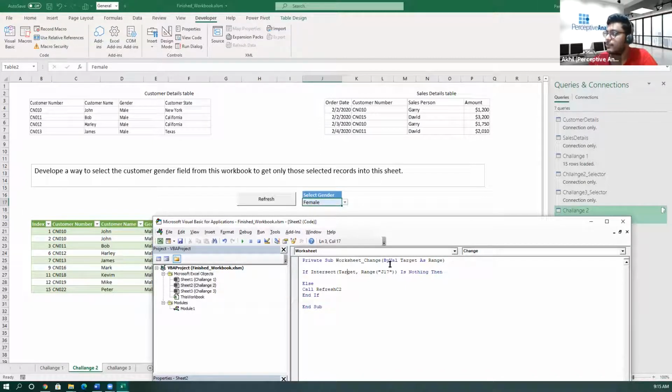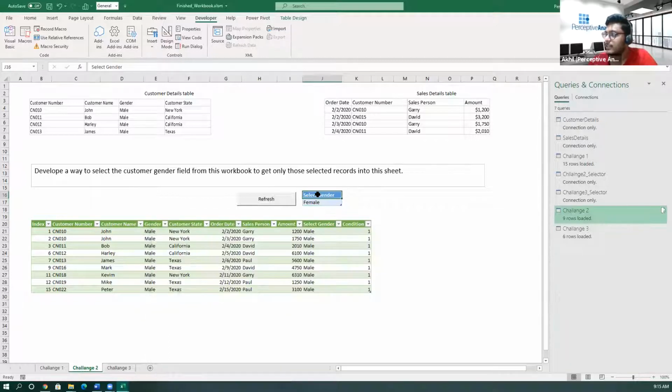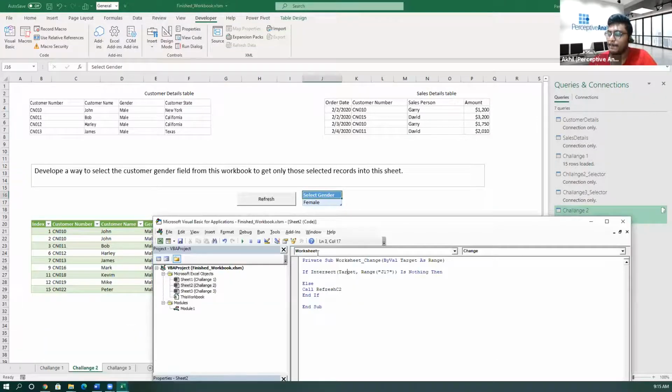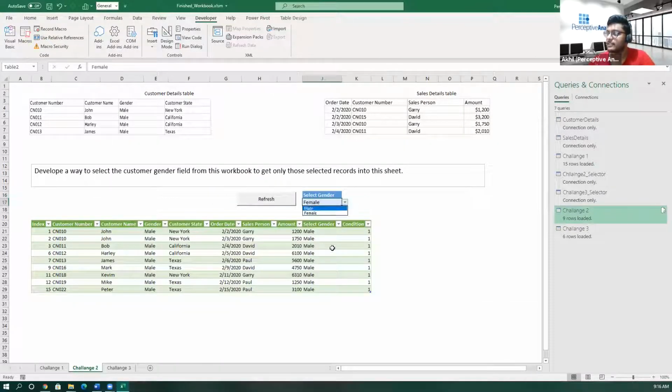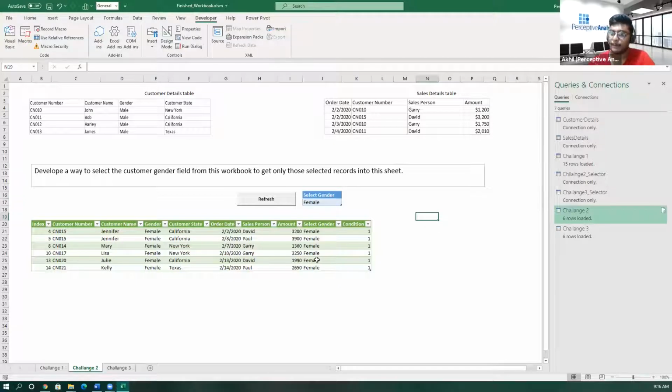It's J17, so we're going to have J17 in this target. If you change another cell, then target will be J16. So the cell that got changed is going to be the target. Let's change this here. Now you can see we are getting female records.